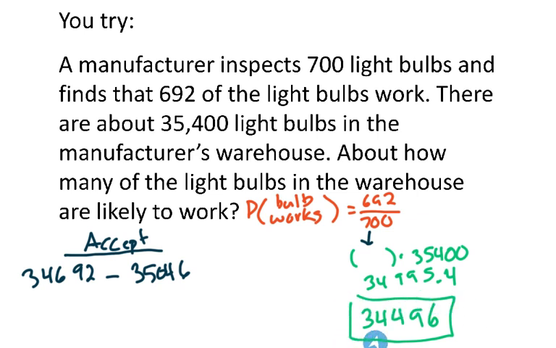So this is technically our most correct answer. However, this is an ugly decimal. So if you rounded it somewhere before multiplying, you would have gotten, depending on how you rounded, any number between 34,692 and 35,046. So as long as your answer is somewhere in there, I would